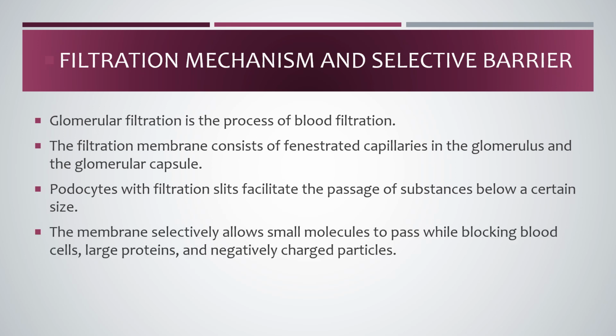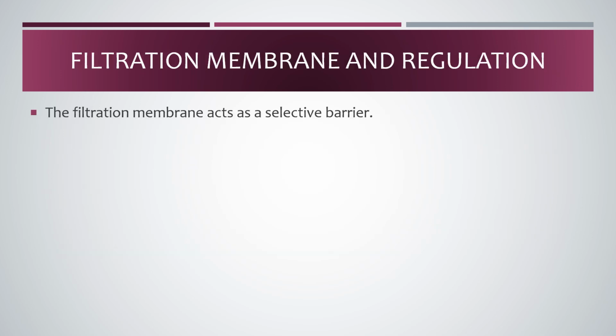This mechanism facilitates the passage of around 10 to 20% of plasma through the filtration process, contributing to the formation of the filtration membrane. Filtration membrane and regulation. The filtration membrane functions as a selective barrier, impeding the passage of blood cells, large proteins, and a majority of negatively charged particles. Substances with smaller molecular sizes, generally under 4 nanometers and often up to 8 nanometers, can traverse